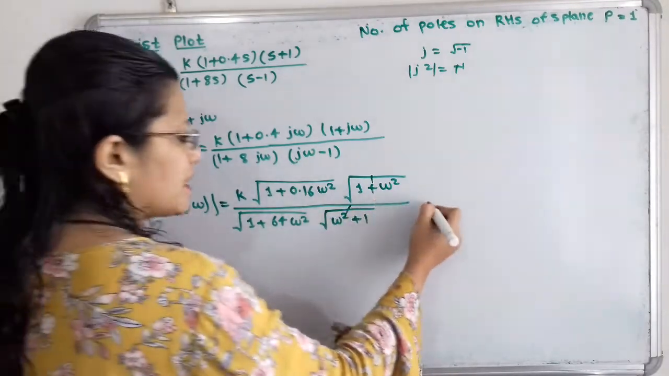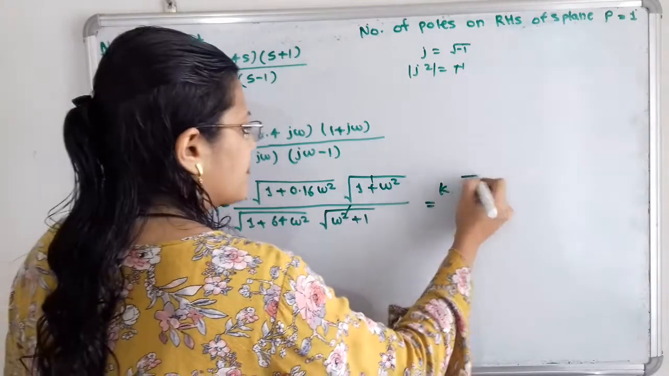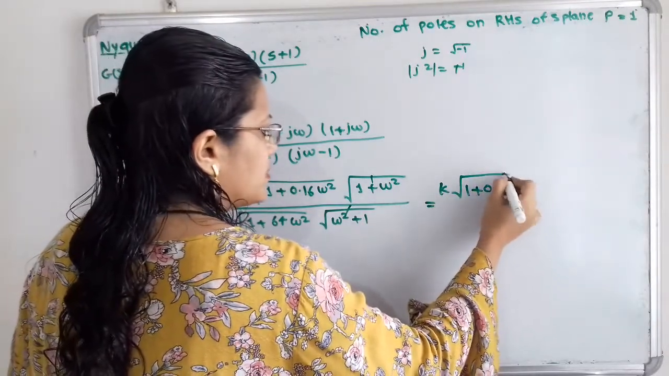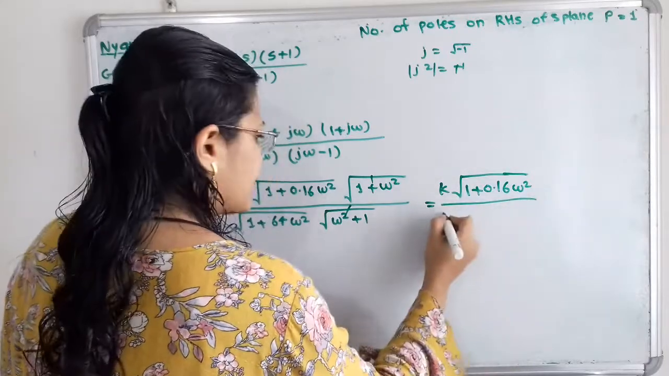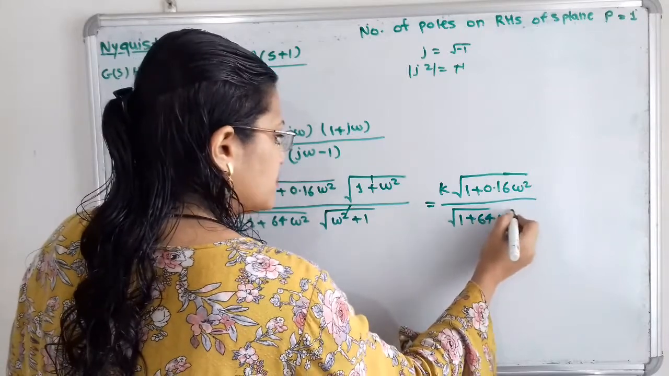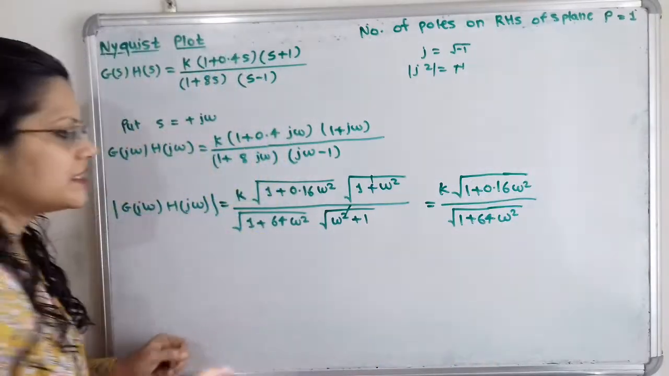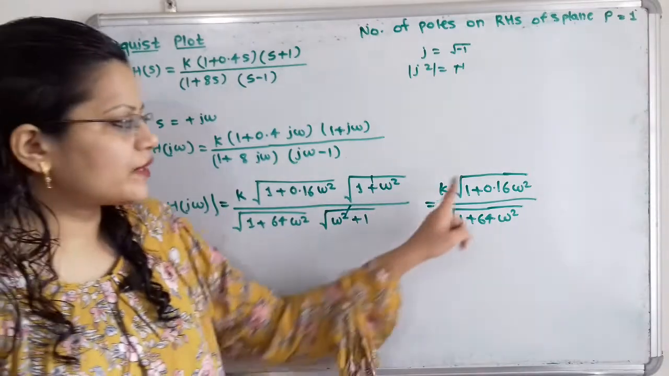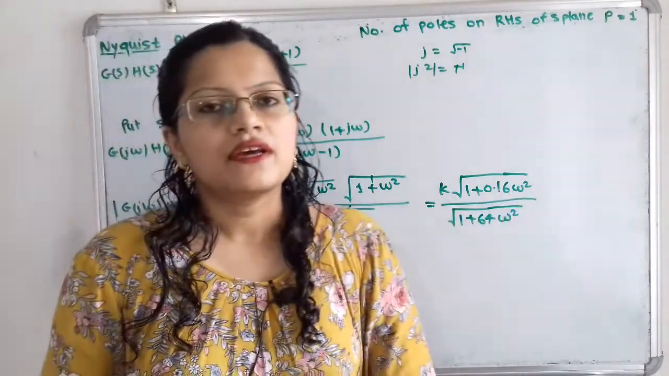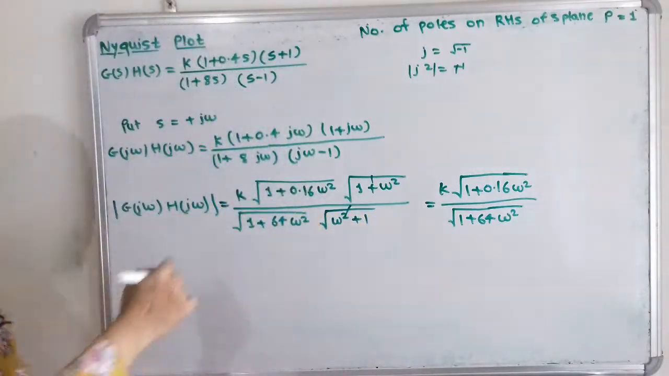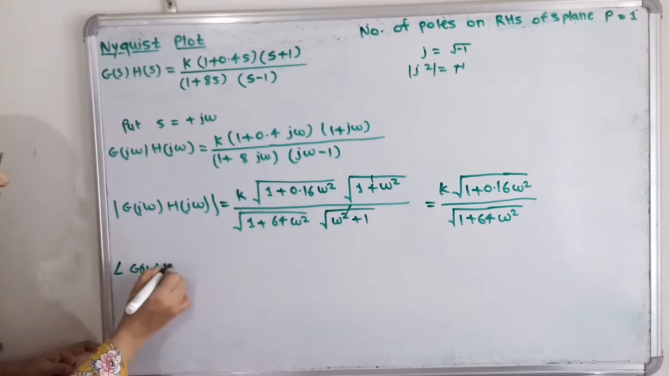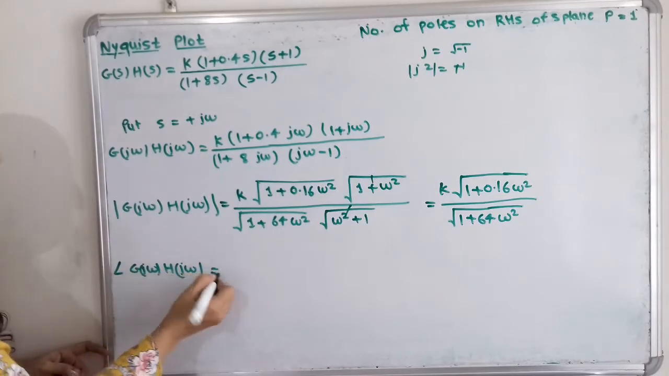So I will write the next step, that is K times the square root of 1 plus 0.16 omega squared divided by the square root of 1 plus 64 omega squared. So here this is the final magnitude. We can use different values of omega and find out the magnitude. Now we will move to the phase angle. So how do we calculate the phase angle? That is, angle of G(j omega) H(j omega) is equal to